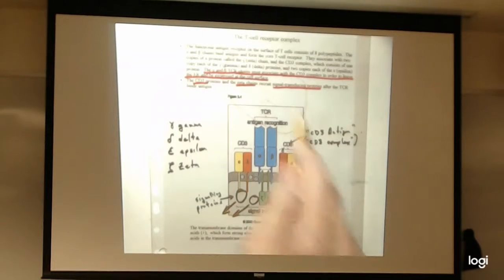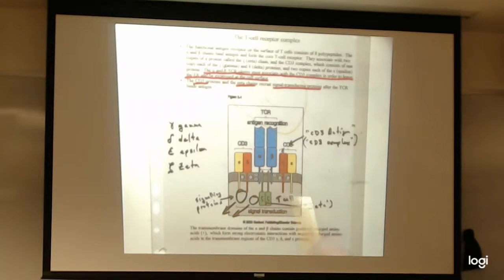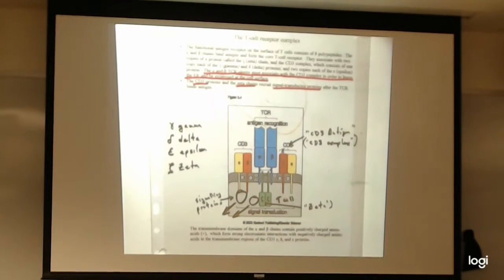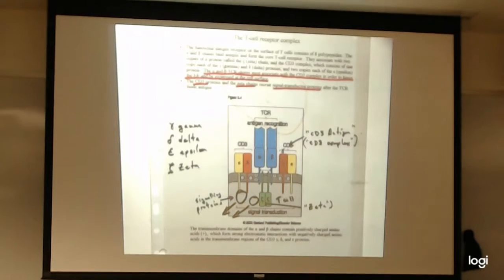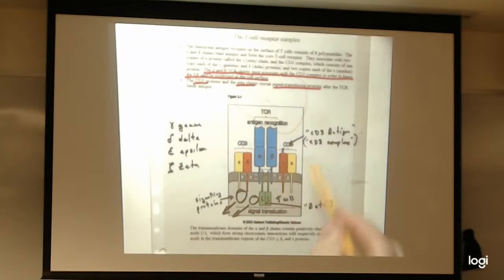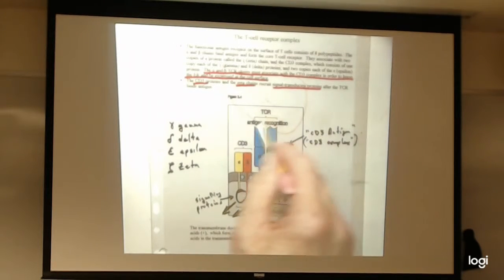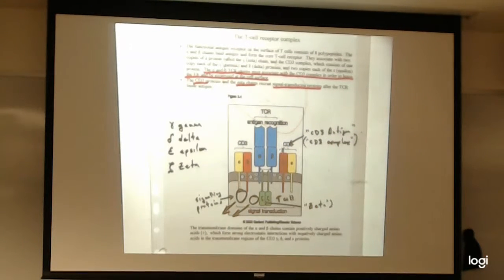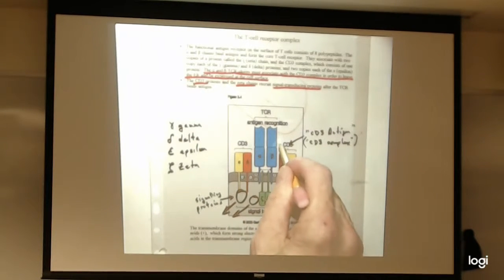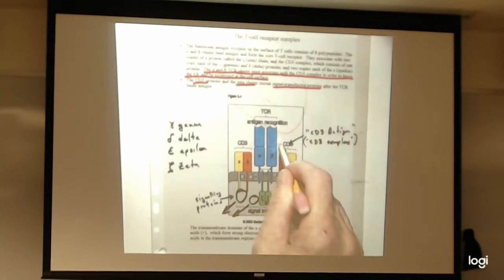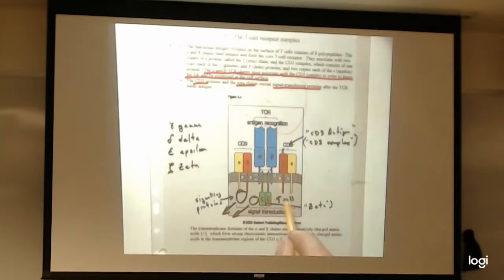Now, this together is sometimes simply called the T cell receptor, depending on the context in which we're saying this. When we say T cell receptor, we will often mean this whole complex here. On other occasions, depending on the context, we mean just the pair of blue guys here, the alpha and beta T cell receptor per se. So you'll never get confused about that.